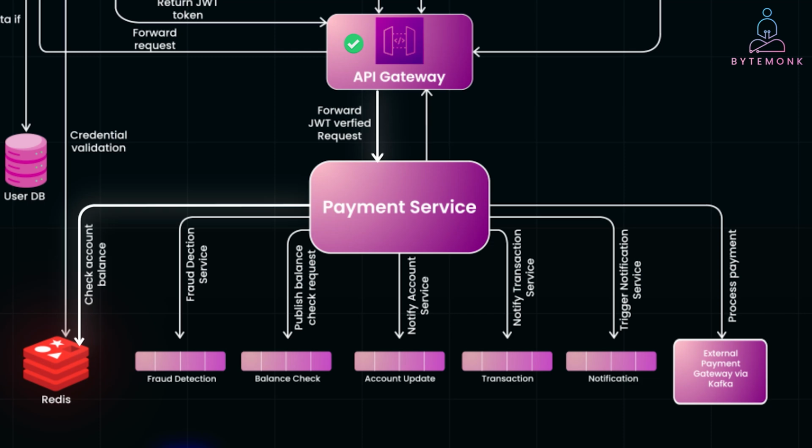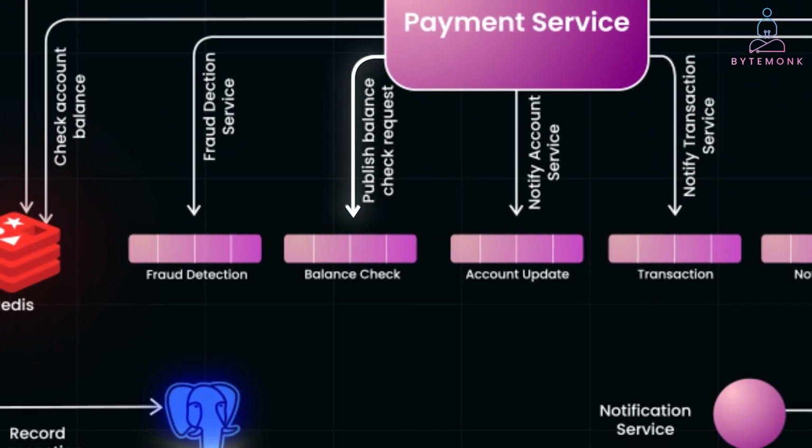If the balance is cached and sufficient, the payment service logs the required amount in Redis, and if the balance is not cached or is outdated, it proceeds with the next step. The payment service publishes the message to the balance check Kafka queue, asking the account service to verify the user's account balance. And the message might include user ID, payment amount, currency, or a correlation ID to track the